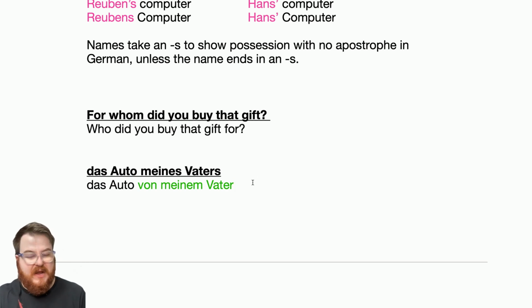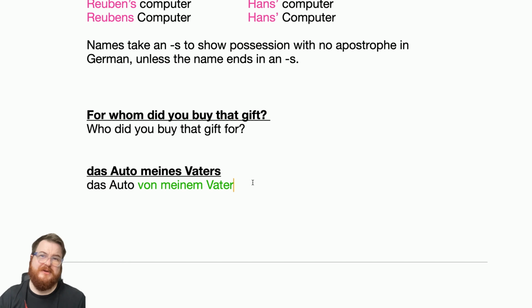So I'm not going to tell you that you should never use the genitive because it sounds too posh. It's up to you. But what I will say is if you want to just speak German naturally and fit in with people, you should use von with the dative, okay, instead of using the genitive, because it's just a